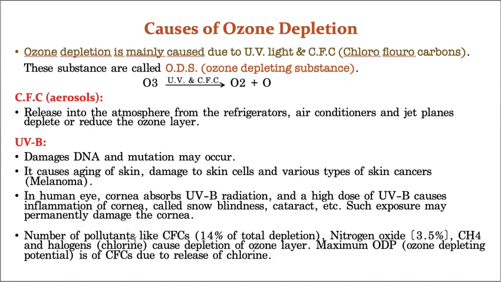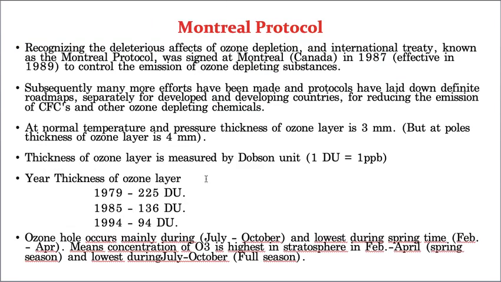A number of pollutants contribute to ozone depletion: CFCs 14% of the total depletion, nitrogen oxides 3.5%, and methane and halogens also contribute some part. Hope you understood the factors and pollutants that are causing ozone depletion. Now the last topic of air pollution. With this I am completing the air pollution topic, and tomorrow I'll come up with some other topic, that is